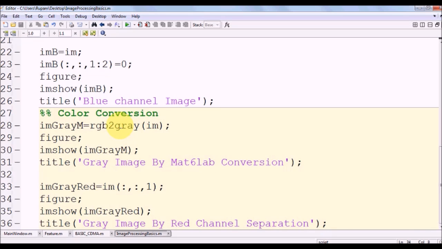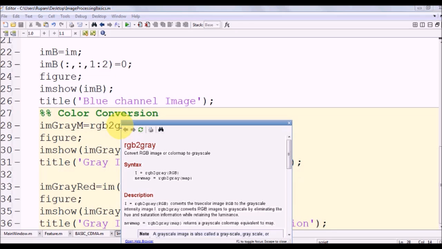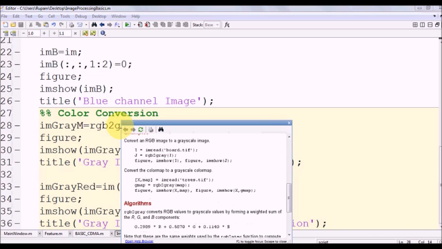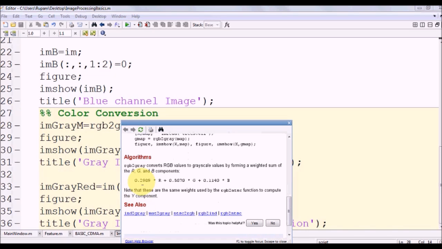If we click over there on rgb2gray and press F1, you can clearly see that RGB can be converted by using this formula: 0.29 into red plus 0.58 into green plus 0.11 into blue. So if we are to implement this formula, then